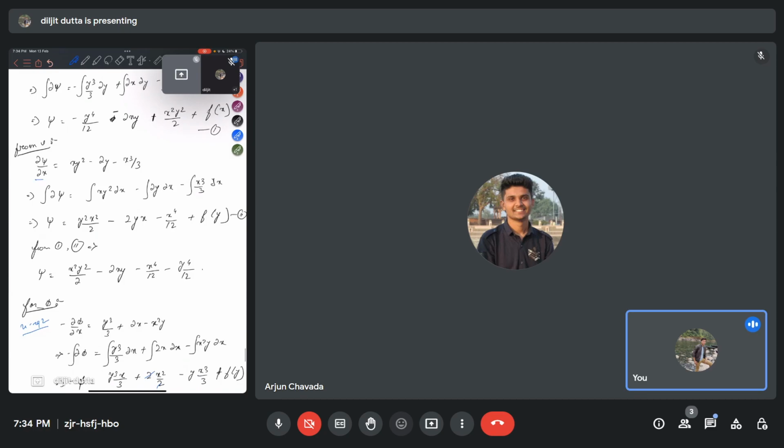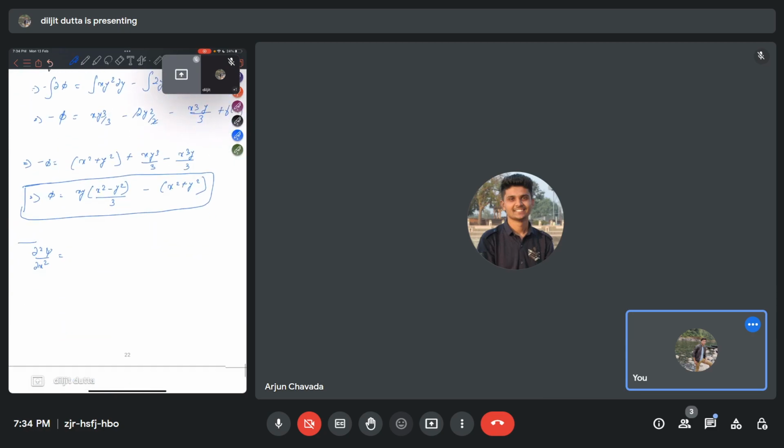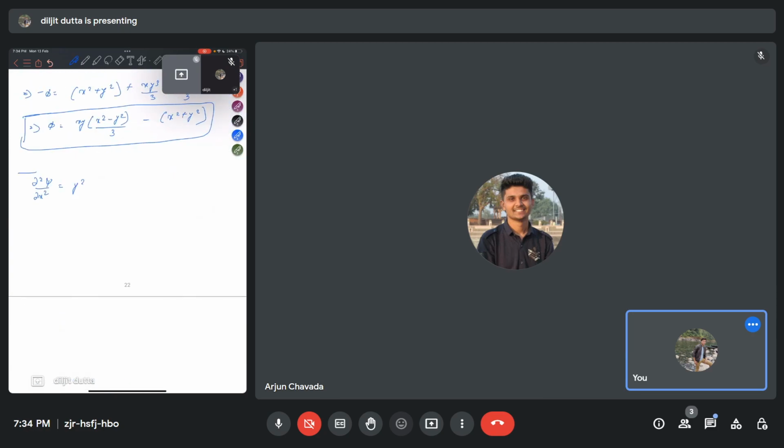So we differentiate again, y square minus x square, right? Y square minus x square, and del square psi by del y square,